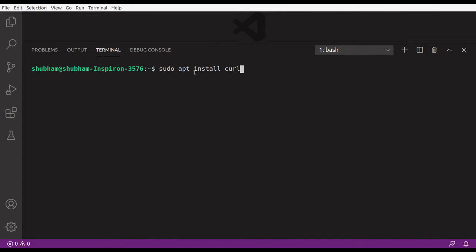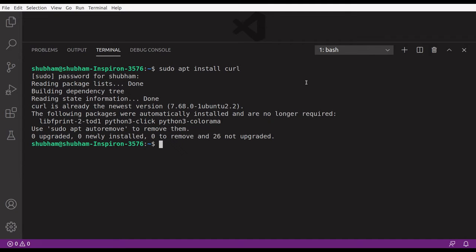make sure you are writing the correct code. I have given the code in the description, you can see. You can also copy and paste here so that it does not cause any error. Yeah, fine. Write your password. As you all know, in Ubuntu it will not show the password while you are writing. Yeah, it is done.